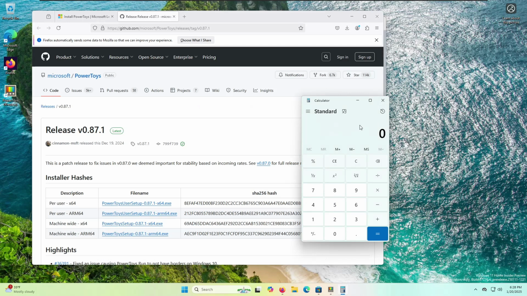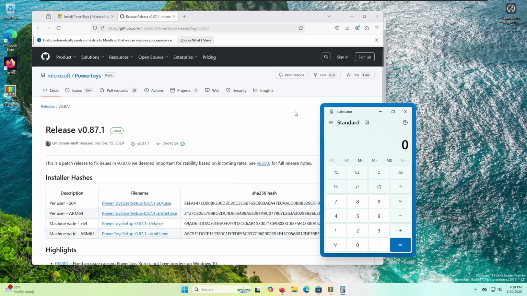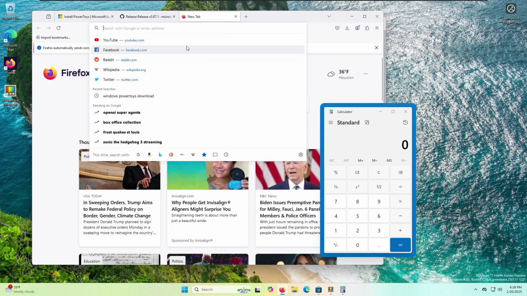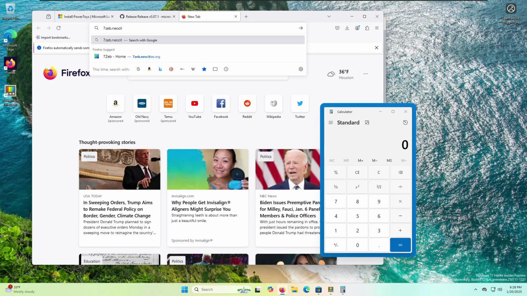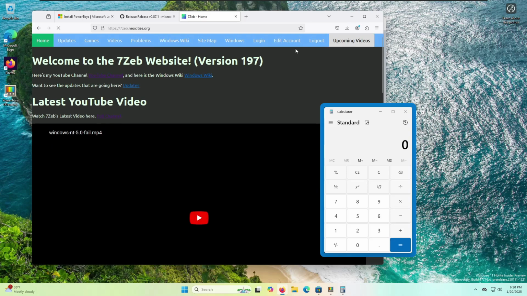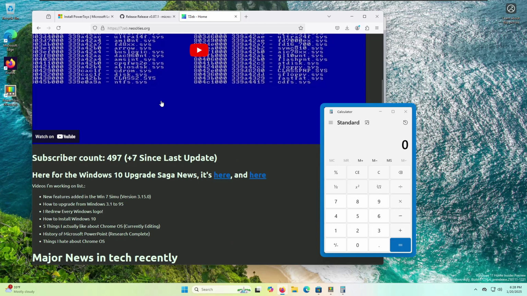You just press Window key, Control T, and as you can see, there's this blue thing highlighted around the calculator window. And now, if you go into Firefox and open a new tab, you can see it works just fine. I can go to my website here. I don't know why you would have a calculator open on my website, but I can go to my website here,